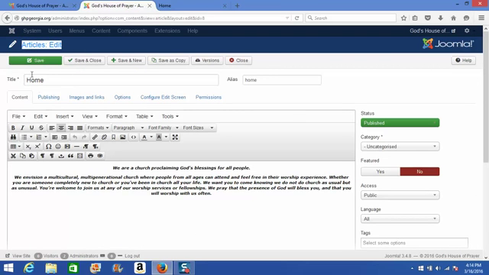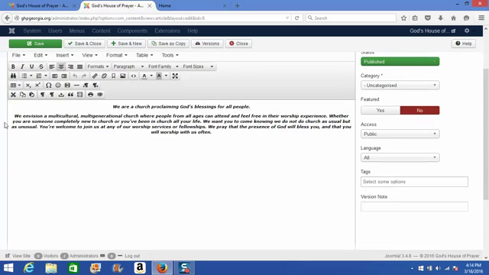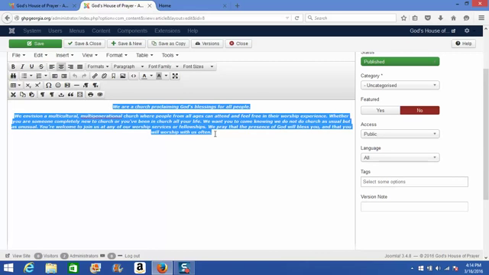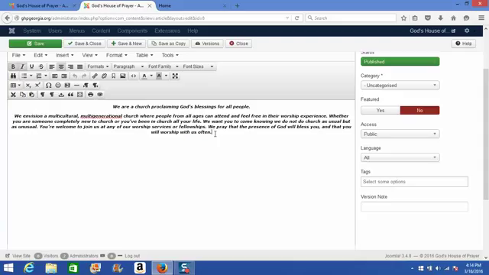You'll see the title of the article, and below that you'll see this word processing box. And this word processing box works just like Microsoft Word or any other word processing program. In that, if you'd like to add new text to this home page article, you simply place your cursor where you'd like that text to appear and start typing. And once you get that text in there, you can highlight it and format it any way you like using the formatting options above,